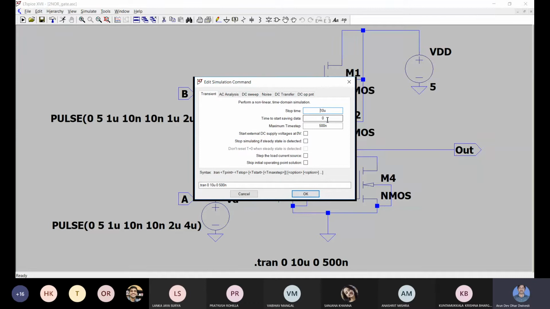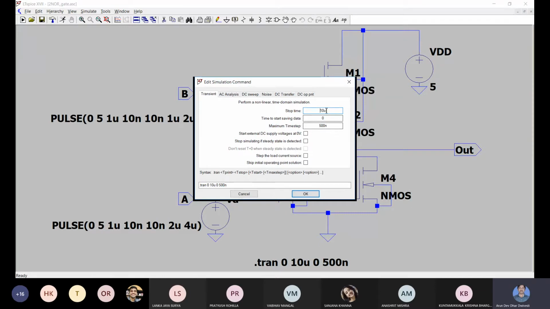It will start saving data from 0 second up to 10 microsecond. For the time step, the first time it simulates at 0, the next time it will go to 500 nanosecond, the next time 1000 nanosecond, and in this way it increases every time by 500 nanosecond, and finally reaches 10 microsecond.